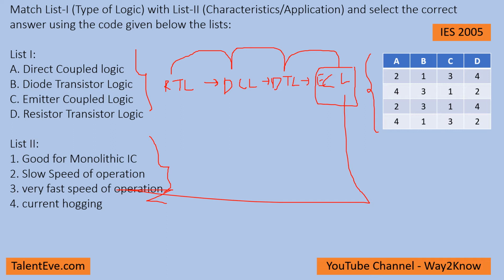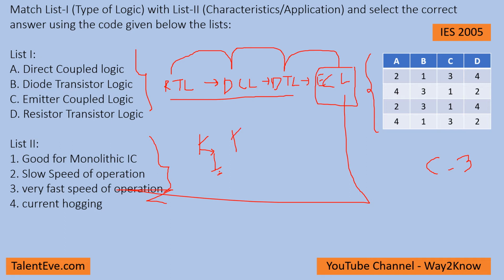So if you see, the C option can be directly mapped to 3, because all the previous families have some other disadvantages with respect to the propagation delay. Emitter coupled logic is the fastest digital logic among all these. And then if you consider the other families, let us start with RTL. So the RTL would look this way.